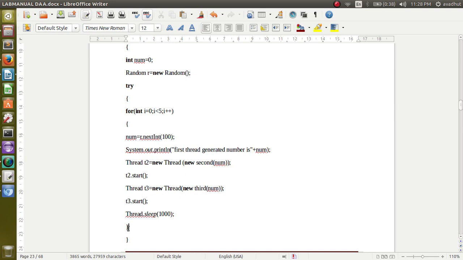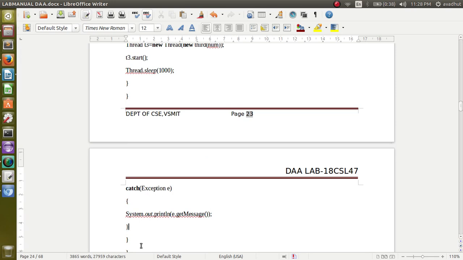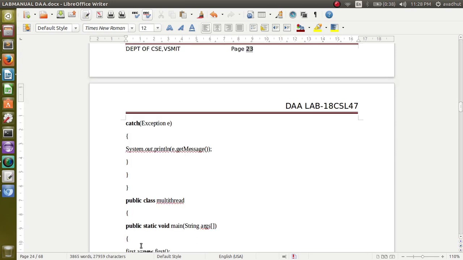So this is completing our for block, and this is completing the try block. For every try there has to be a catch block. If it executes without any errors, then well and good.